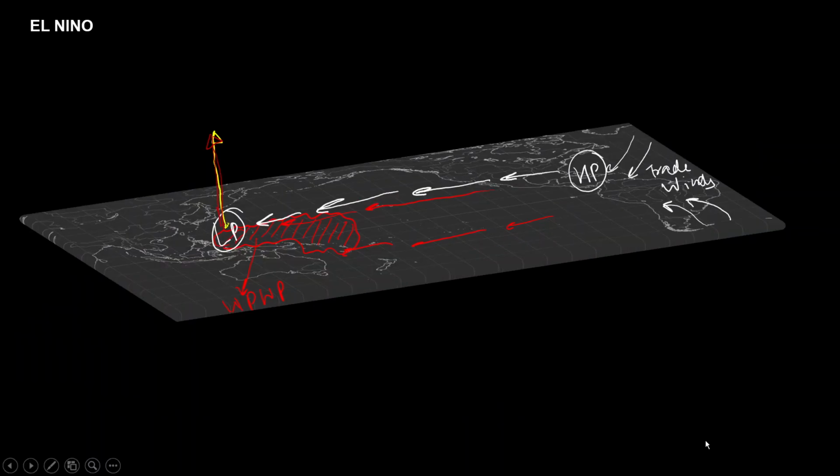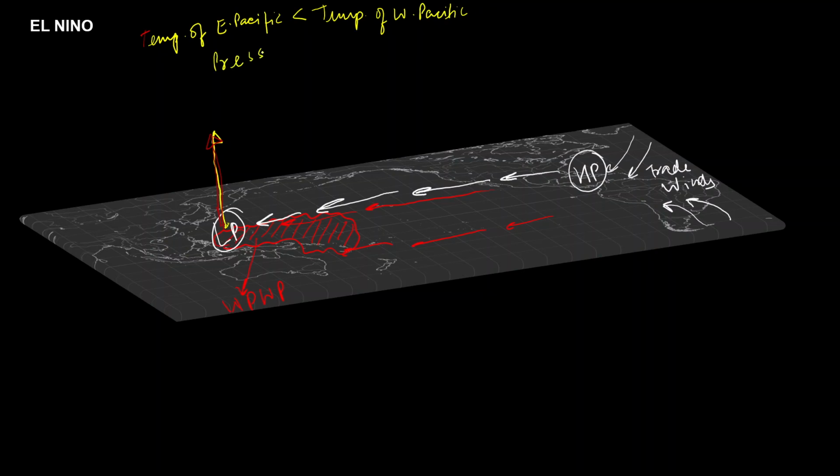So we had seen that the temperature of Eastern Pacific was less than temperature of Western Pacific. As a result, pressure of Eastern Pacific is more than